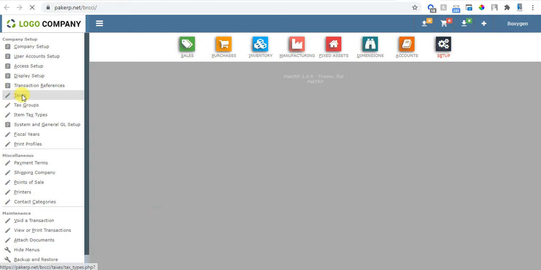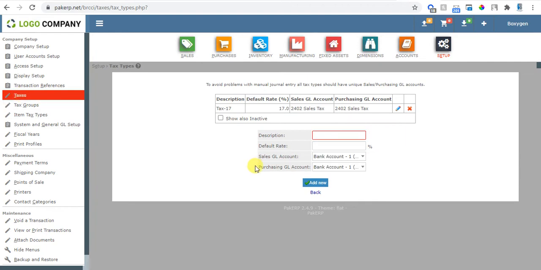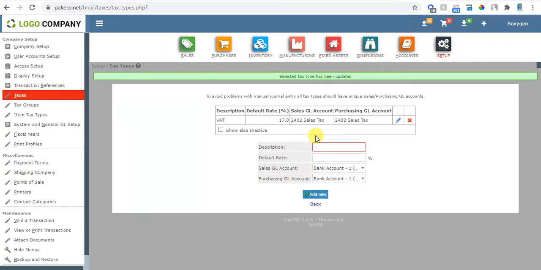So first of all, you come here in taxes. In taxes, there is one predefined row. You can edit it, and like in UAE or in other countries, if it's called VAT, you can change the name to VAT. And now here you have to define the sales account and purchase GL account. These GL accounts are already defined in the GL setup. So if you need a new account, you have to create a new GL account. How it is created in GL setup will be discussed in the account module later.